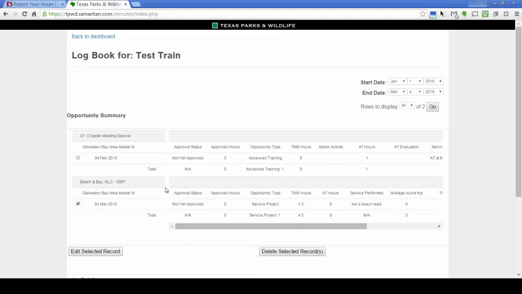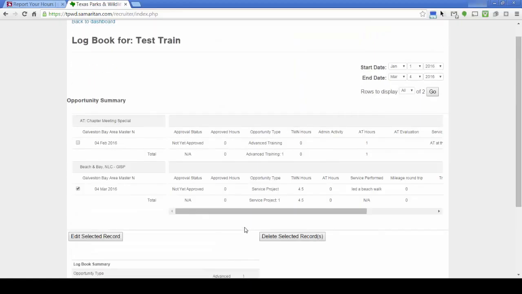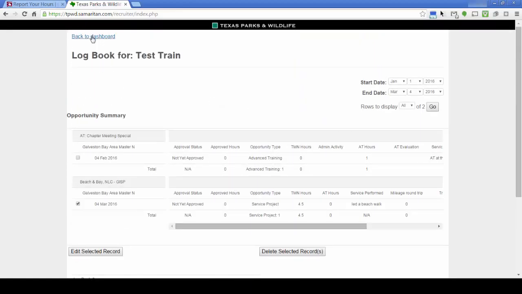If you're happy with that, then you just continue scrolling down. If you ever get into an area that you want to delete a record, you can select it and delete it. Well, let's not do that this time. As you scroll down, there's two very important fields. One is TMN hours, and these are the total number of hours that you have recorded for the range that you entered in the upper right-hand corner. And AT hours are the total number of advanced training hours, again within the range of the date that you have selected. If you're happy with everything, then go back to the dashboard,